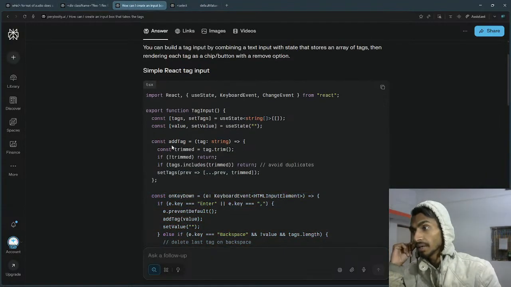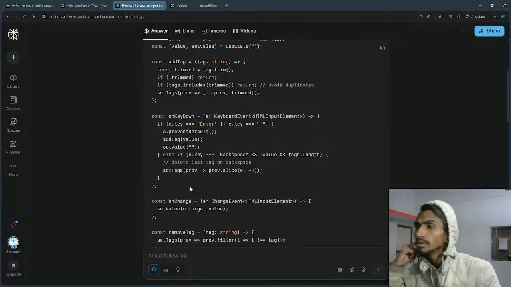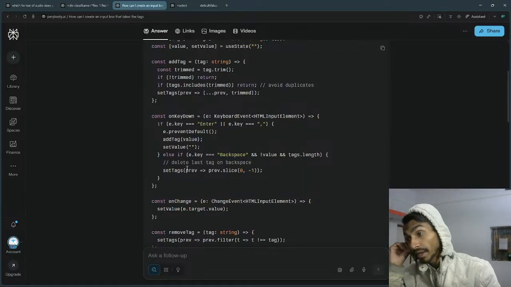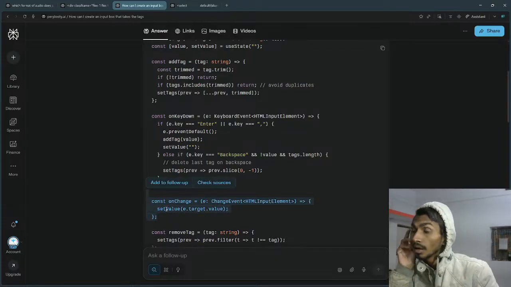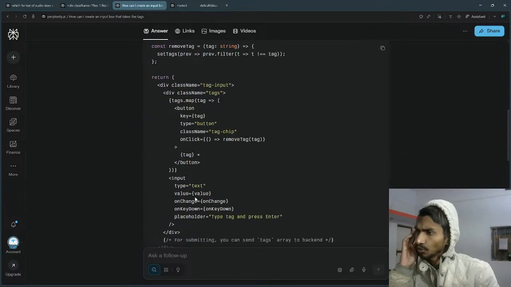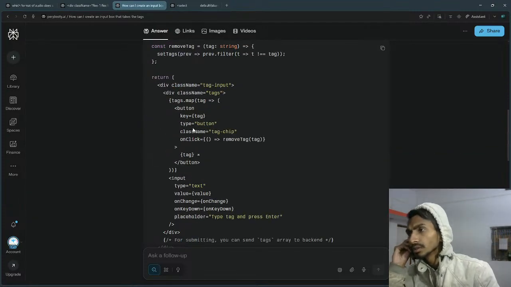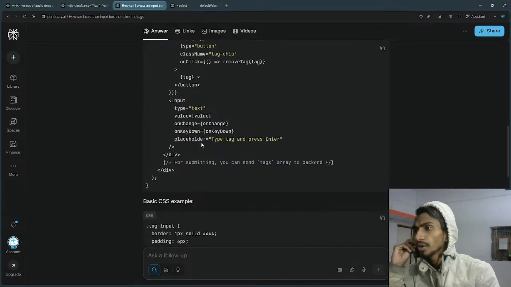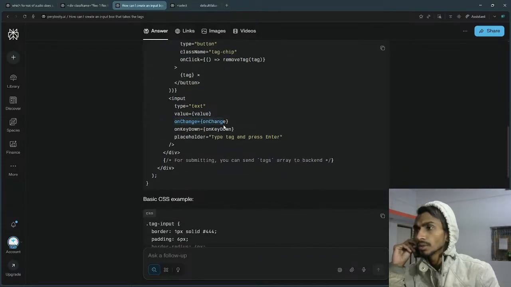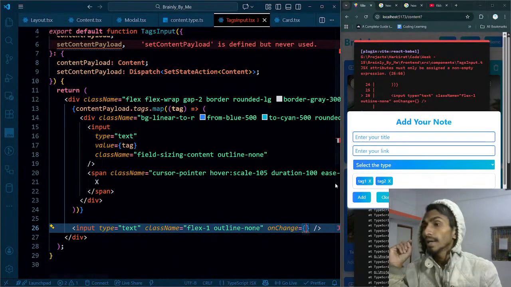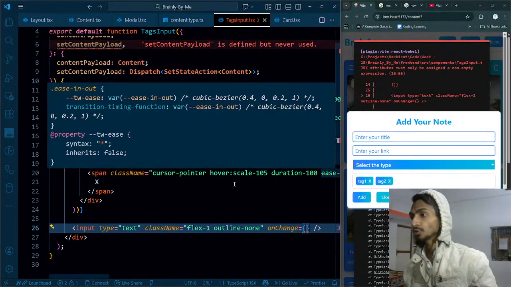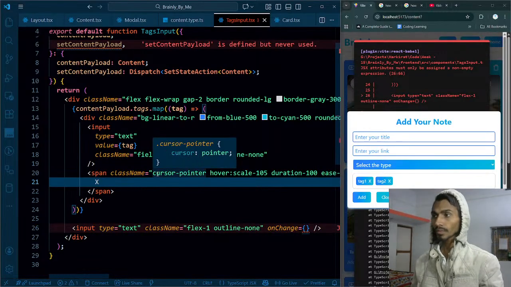So ultimately I have an add tag, on key down I have, and on change. So change is simply changing the values and all, and I have on key down. I think I'm using it everywhere. I'm using it inside this. Actually I don't have that, so I'm just using inside this particular thing. On key down, is that what I'm gonna be using? Let's see. We'll try our level best. So first thing is this on change, and